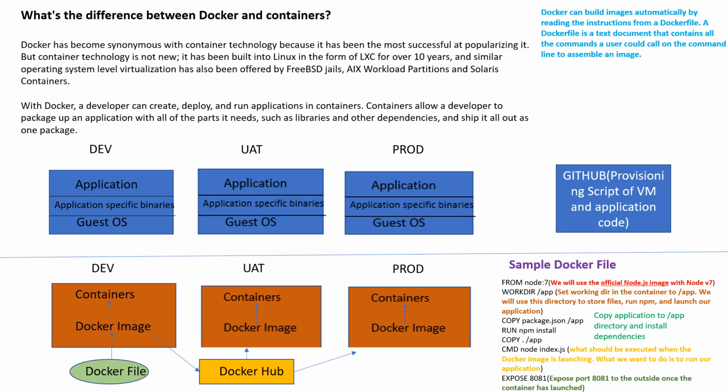So what is Docker Hub? This image needs to be stored somewhere, where I can push it to a secure environment and pull it into a different environment, such as UAT or prod, to run it. So I need a consolidated, centralized environment where I can store my application's image. This is the Docker Hub, where my images are pushed, and my UAT environment or production environment can pull the same image to run it, provided we have a Docker installation there. Likewise, the application can seamlessly run from dev, UAT, and prod.